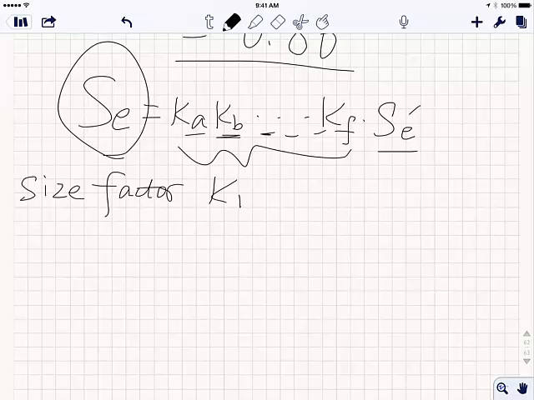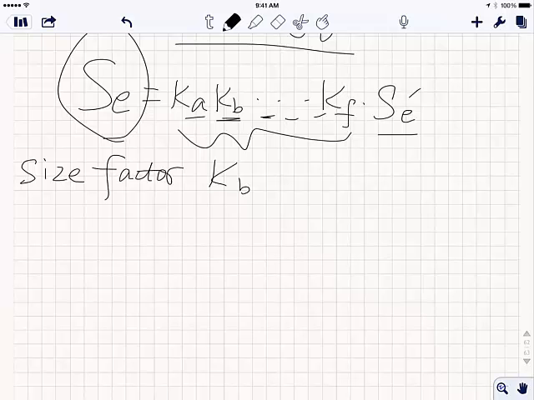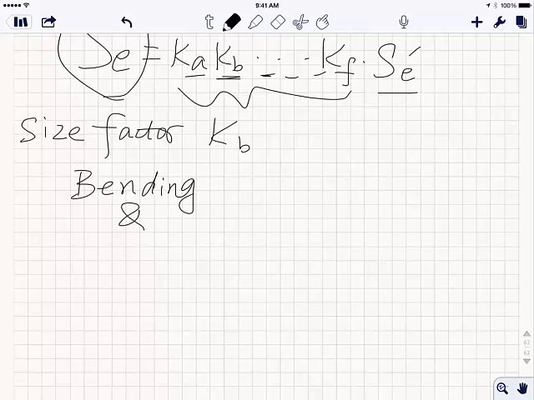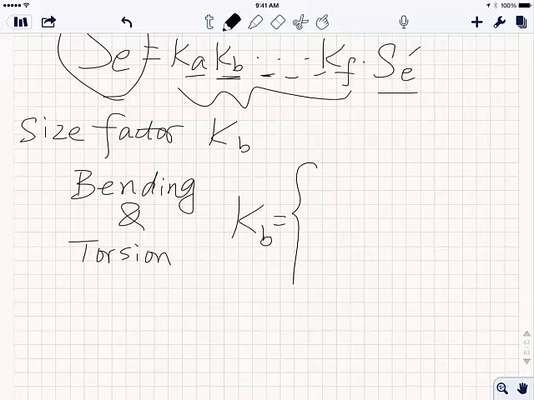First one, if your beam is in bending and torsion, then Kb equals (d divided by 0.3) to the negative 0.107, which is roughly 0.879 d to the negative 0.107, or equal to 0.91 d to the negative 0.107,